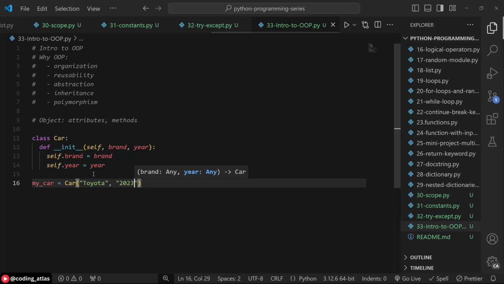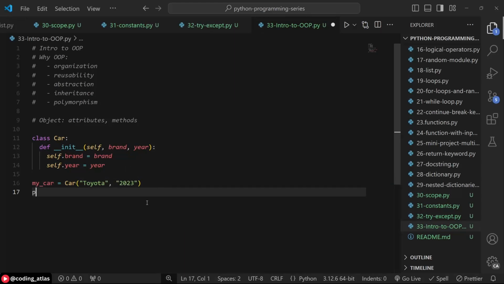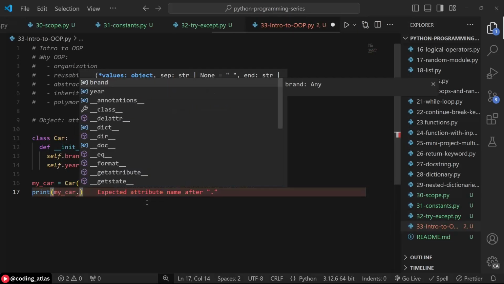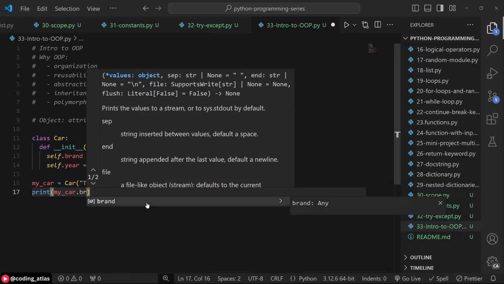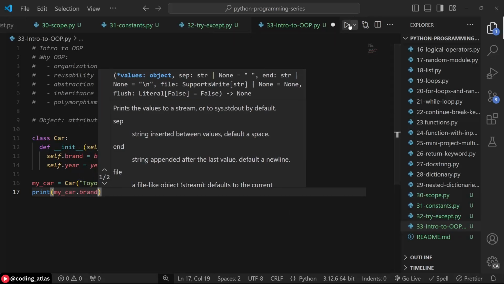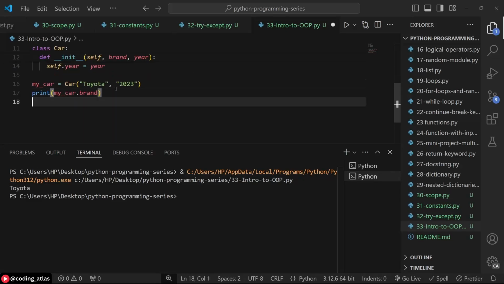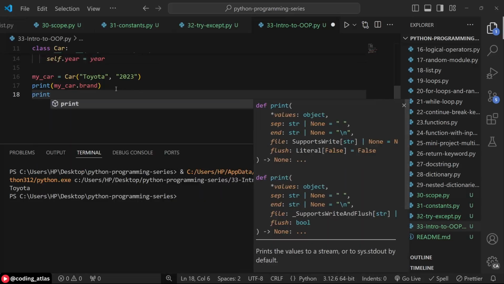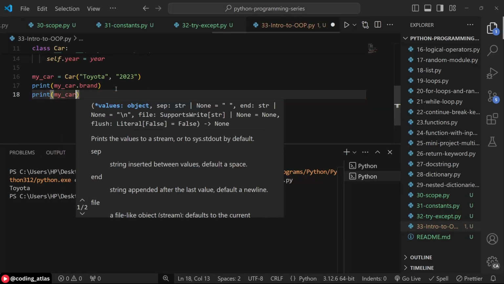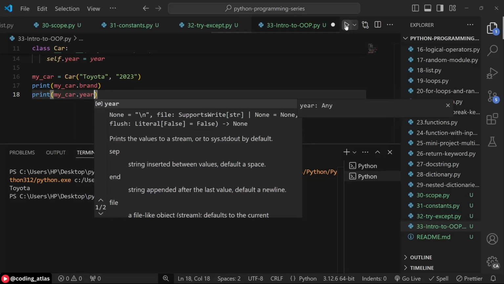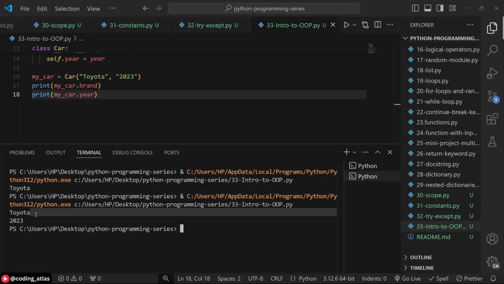Okay, so if we print the brand of my car now, let's use the print function. We can say my car dot brand. Let's run this and see what we have in our console. So you see that the brand of my car is Toyota. We can also print the year of my car. So we have print my car dot year. Let's run this again. What do we have? So we have Toyota as the brand of my car, and we have 2023 as the